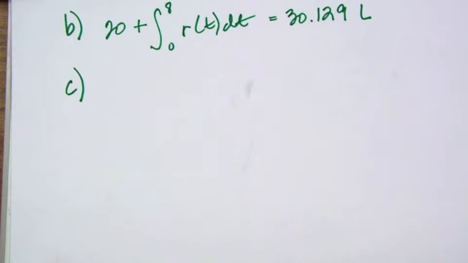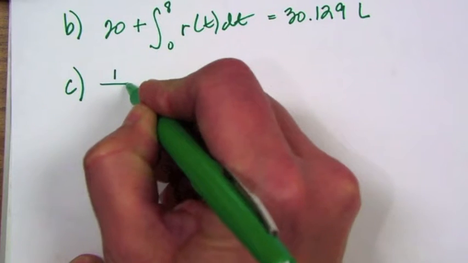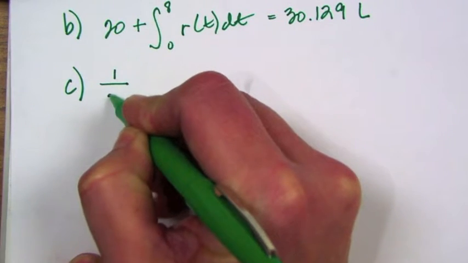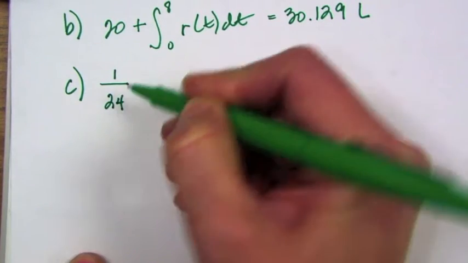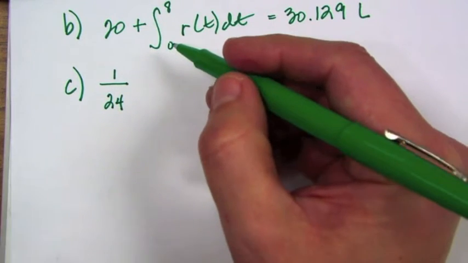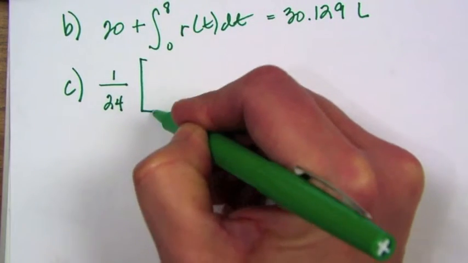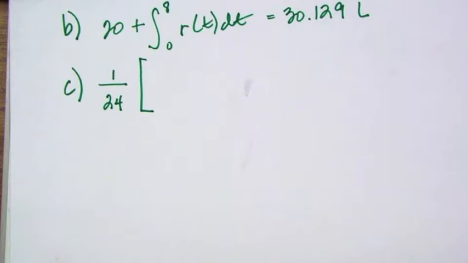So what formula am I using? 1 over b minus a integral a to b of f of x dx, right? So I'm going to have 1 over 24. Now this is where it gets a little,